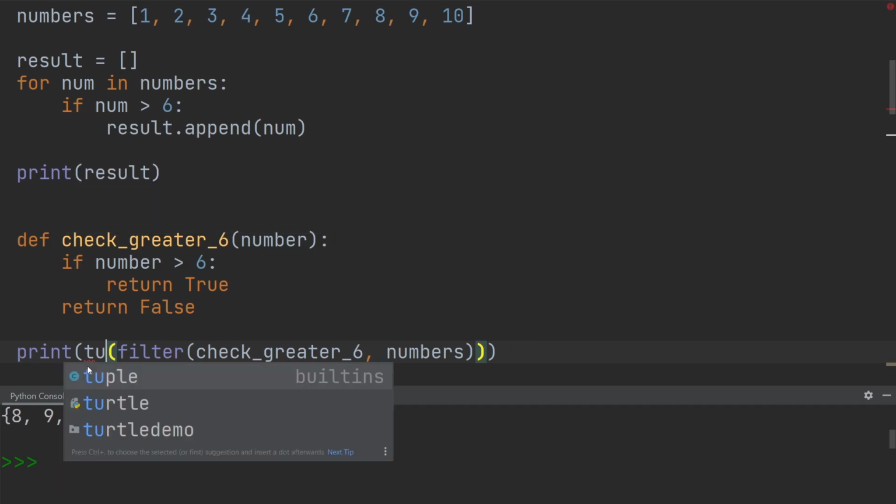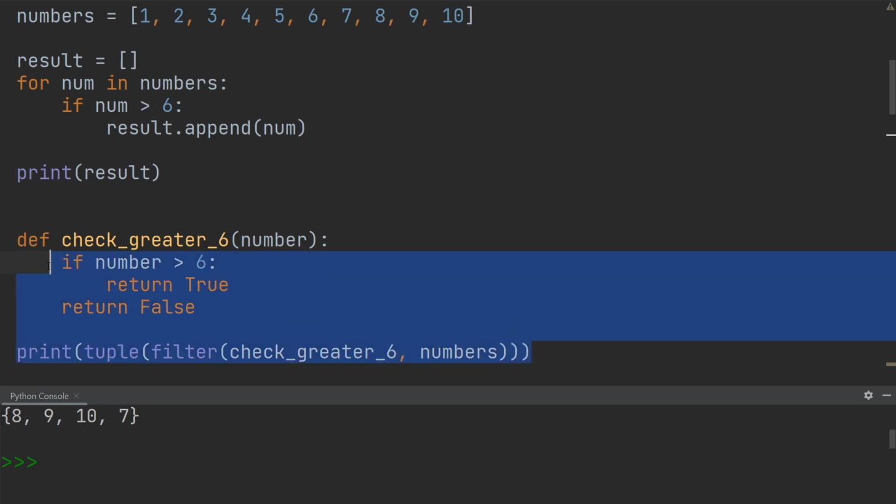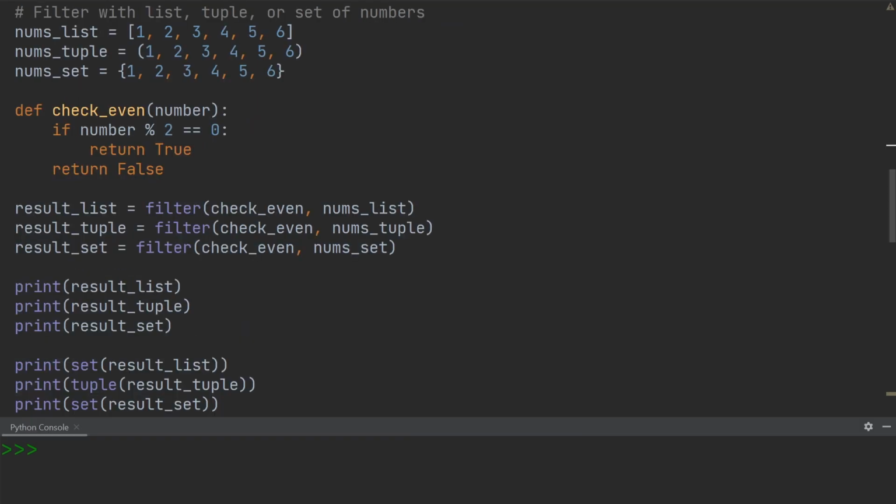Tuple, how do we write tuple? Tuple, there we go. And if I go ahead and now run this again, you can see that we have a regular tuple. Next up, I want to show you that we can use the filter function with different data